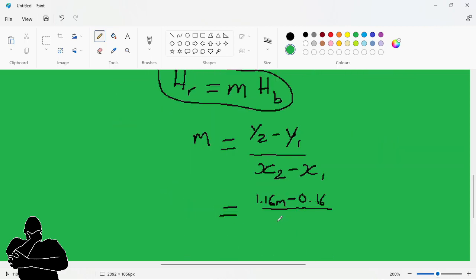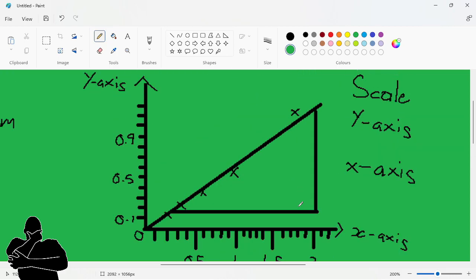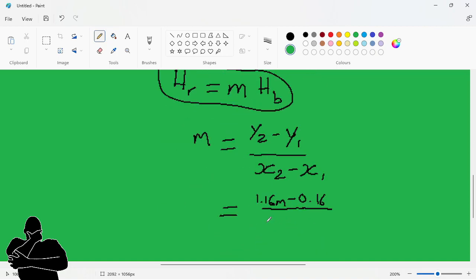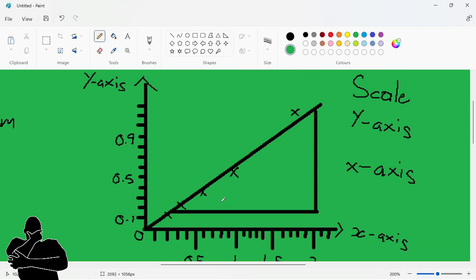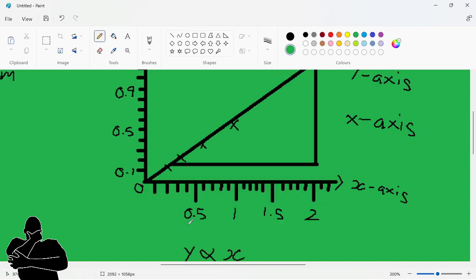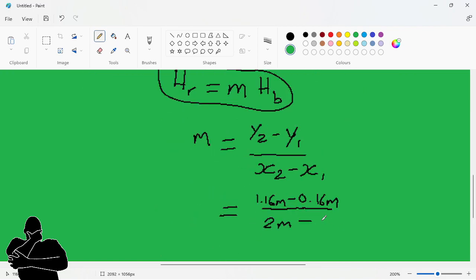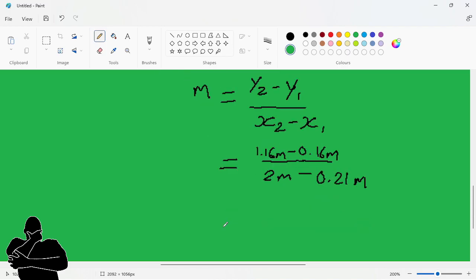And then the x values would be 2 minus the initial, or the smaller one, x1, which would be about 0.1, so it would be approximately 0.21. So we're going to work this out, and when we work it out, we get